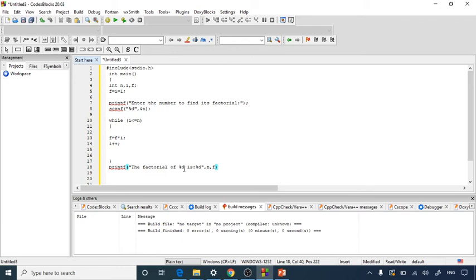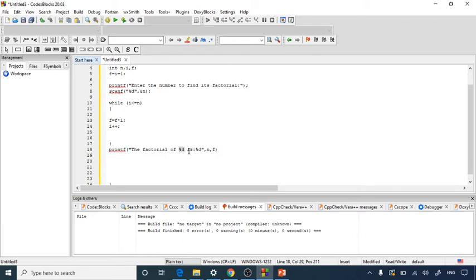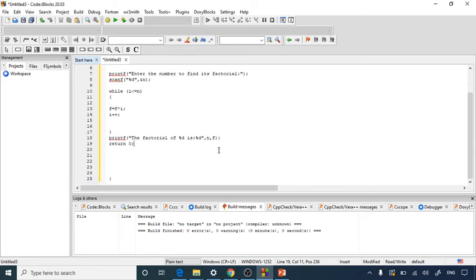The first is the user entered value, that is, of which you want the factorial, and the other %d is for the result of the factorial, that is nothing but our f. So we have written it this way, and return 0. In this way we have written a while loop.